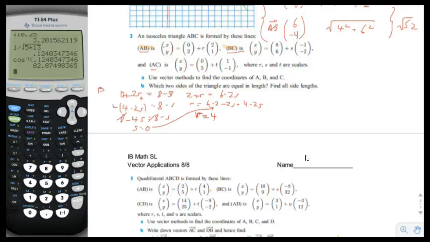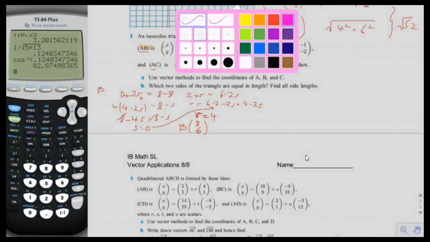S equals 0 is easier. So we're going to take the BC equation, and we're going to say, okay, 8 minus s is 8 minus 0, so the x-coordinate is at 8, and then the y-coordinate would be 6 minus 2s, so it would just be 6. Okay, so we know that the B coordinate, the B position vector is 8, 6. Okay. Now let's work it out for